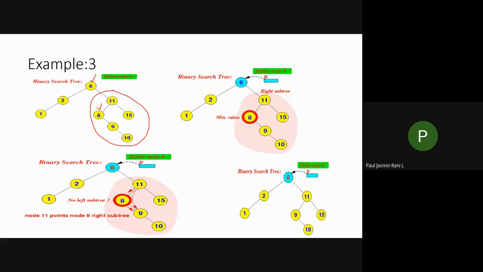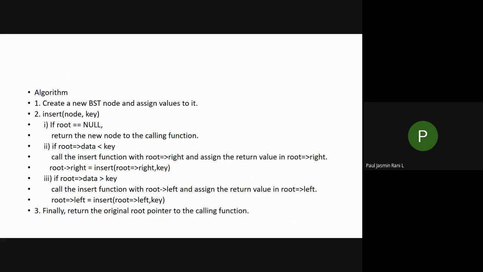Okay, so with this we stop our binary search tree operations. Okay, so let's see this algorithm, how it works. That is the creation of your binary search tree. So what rule should be followed for the creation of your binary search tree? Already we discussed your binary tree. If you are using recursion, we constructed our binary tree. Already we discussed that one in our previous class, isn't it? This is a binary search tree. So for a binary search tree, what rule do I have to follow?